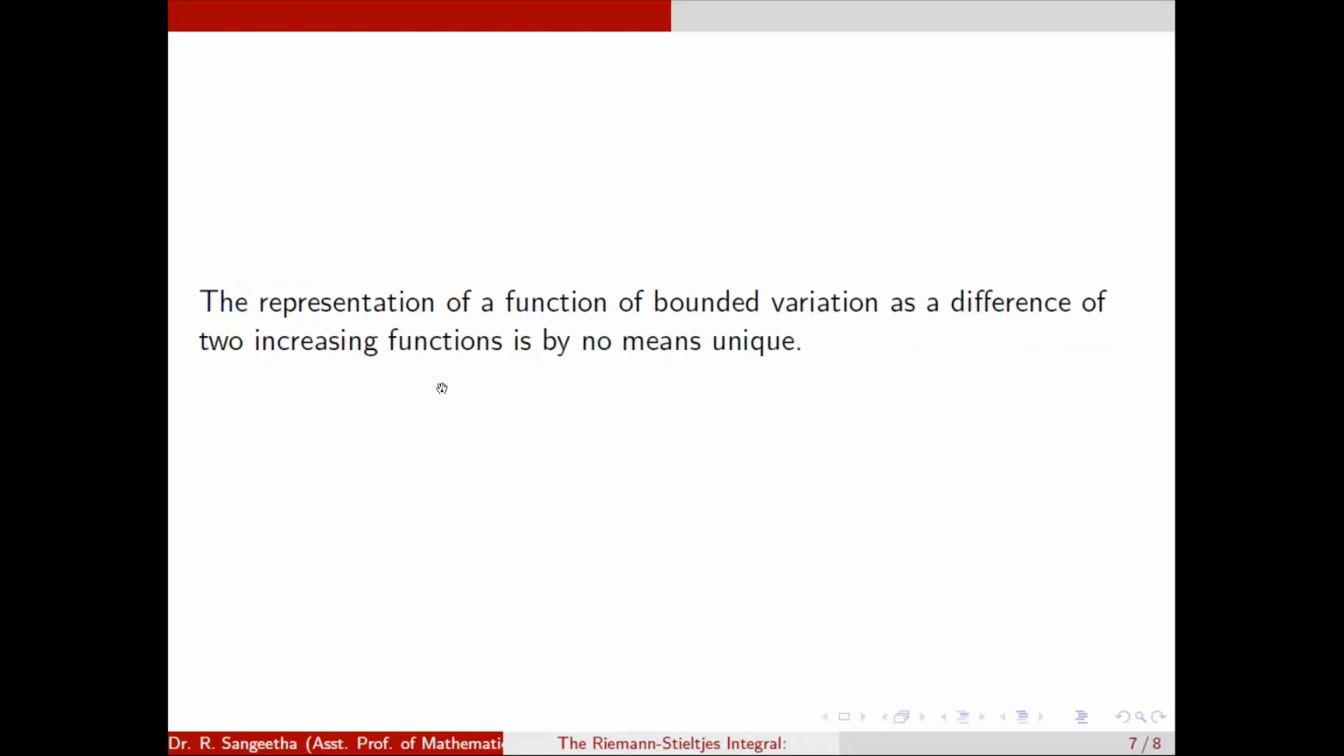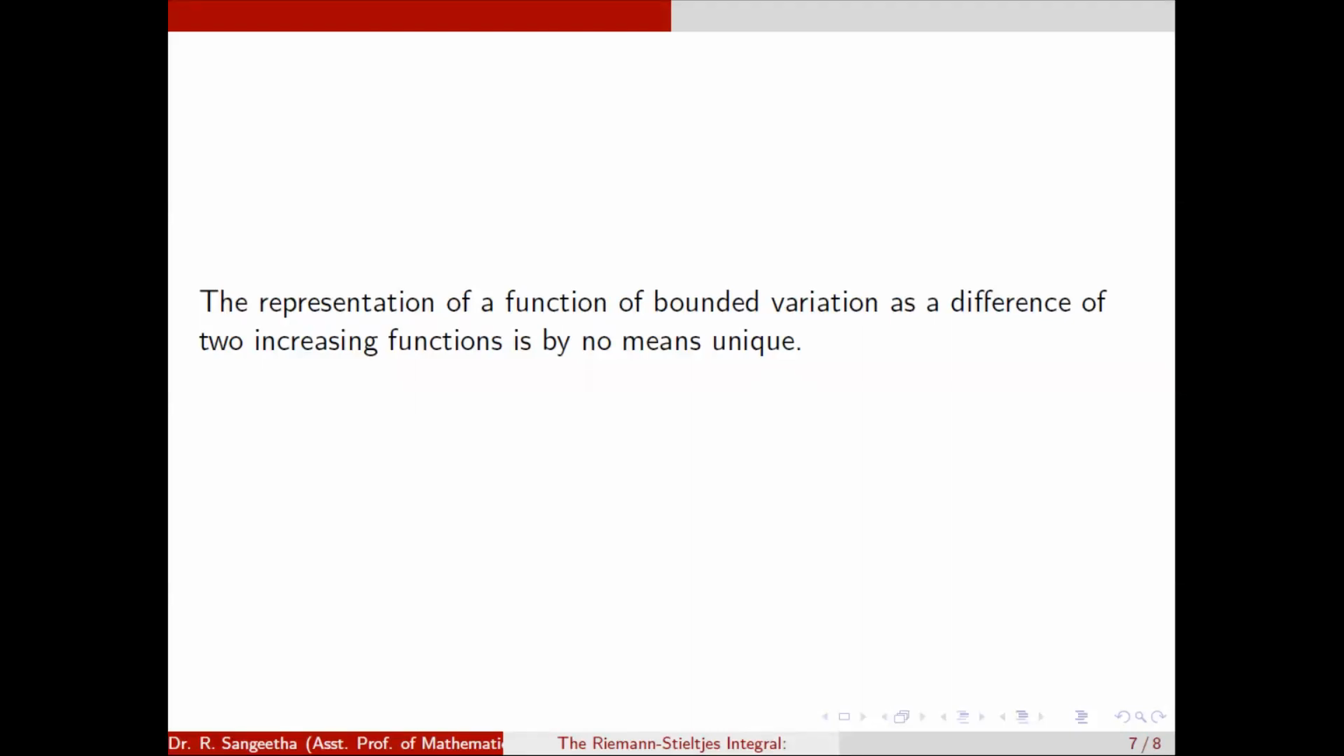And this is very important. The representation of a function of bounded variation as a difference of two increasing functions is by no means unique. Okay, so we are writing f is equal to f1 minus f2, but this representation is not unique. That means we may have